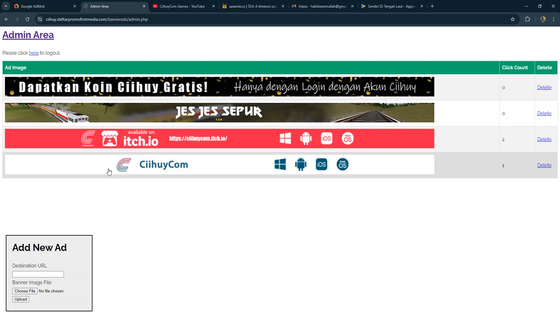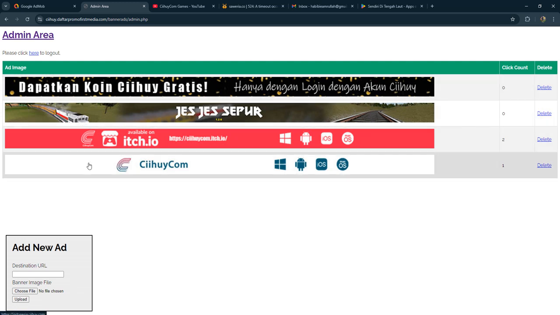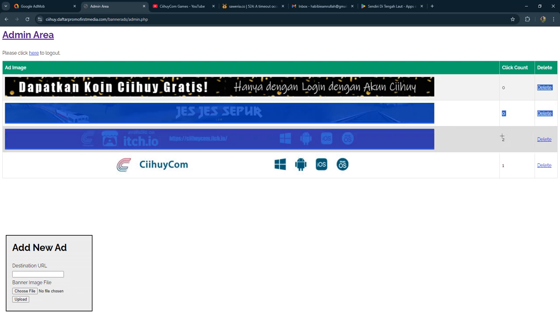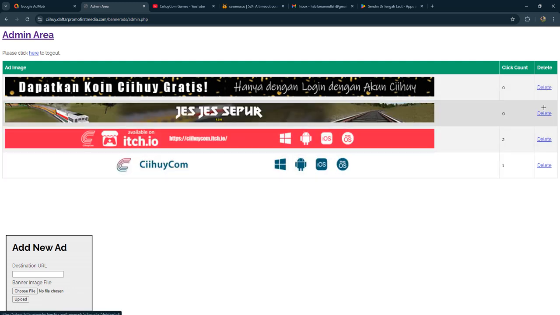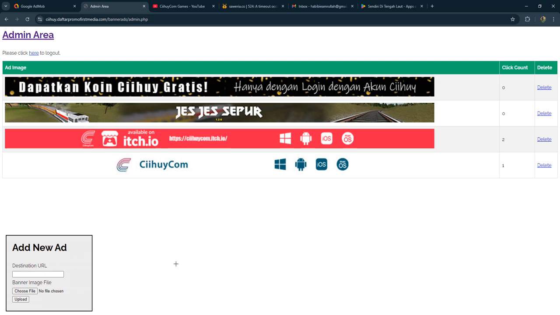And finally, the result of my admin area of my custom banner ad network for my Unity game looks like this. I have the list of banner ads and they have links. I can click each of these banners to open the link, and I have the statistic of click count of the ads, and I have delete button, and here I have add new ad form,